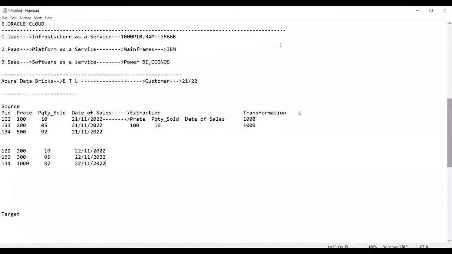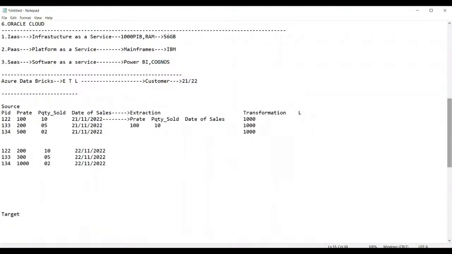Yes. Now, guys, see here. We were discussing the calculations. 100 into 10 is 1000. 200 into 5 is what? 100 into 2 is what? Again, tell me now, guys. 1000. Now calculate the sum here.